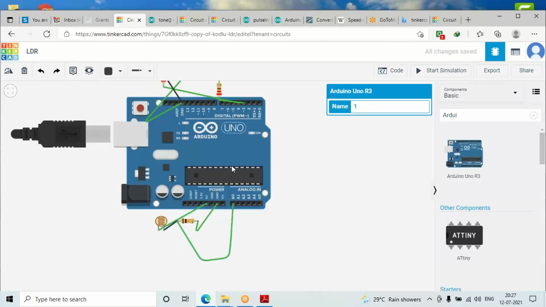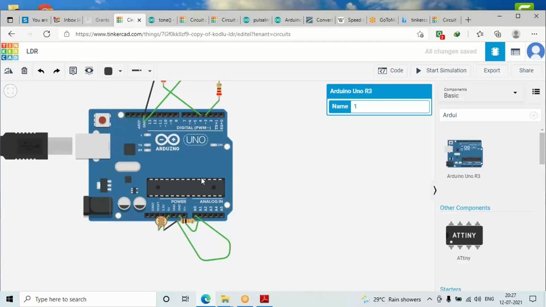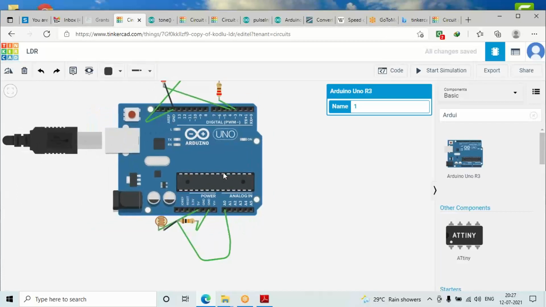I hope you have understood how this connection can be done. If any query is there, you can write in the chat box. I will repeat once more. The connection is very simple if you look carefully. I hope it is visible to all of you. One end of the photoresistor is connected to 5 volt, and the other end is connected to ground as well as A0 in parallel through the resistor.